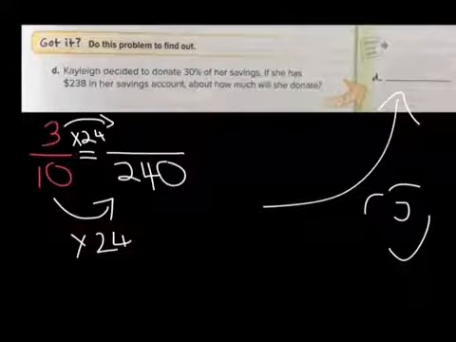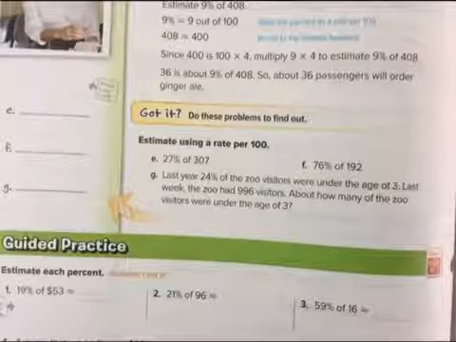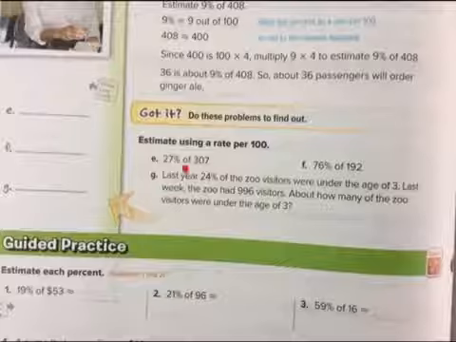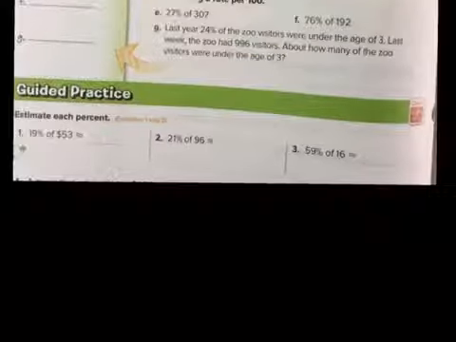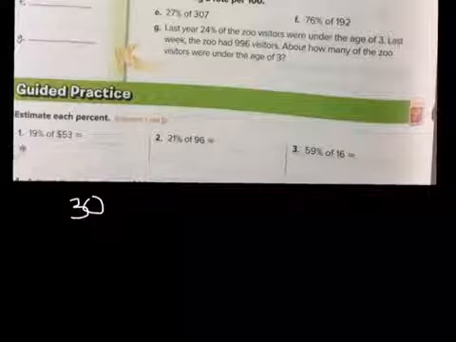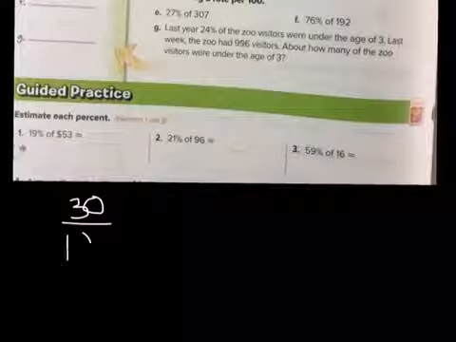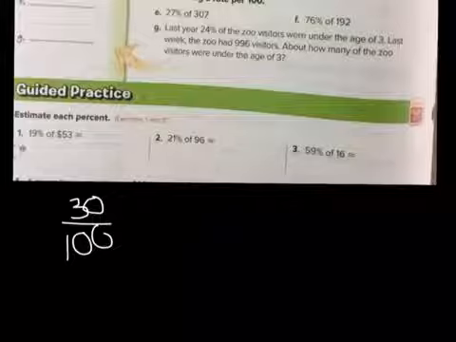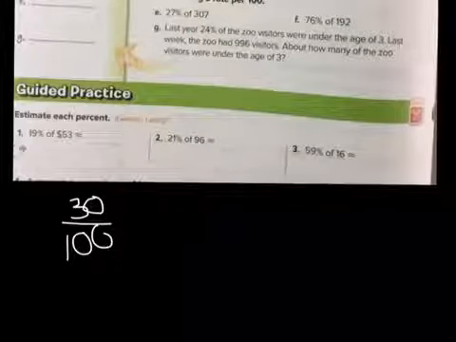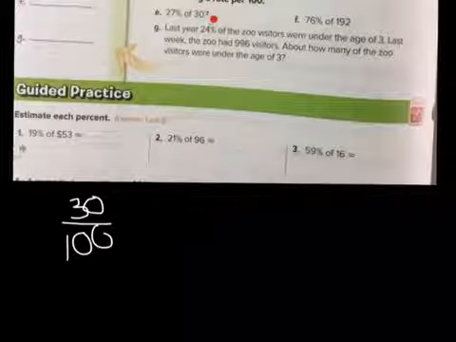Okay, now let's go to page 140, right before the guided practice. We have here 27% of 307. I'm going to go right ahead and round that 27% to 30%. And they're talking about 307. I can round that right down to 300, since we're only looking for approximation. Or I could even say 306. I'm going to say 306 because I can divide that by 3 since we're talking about